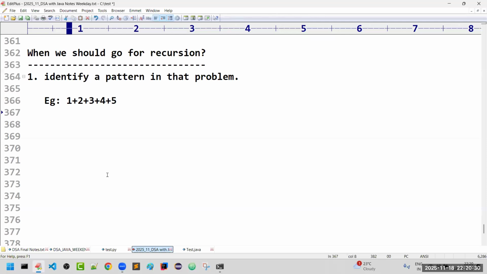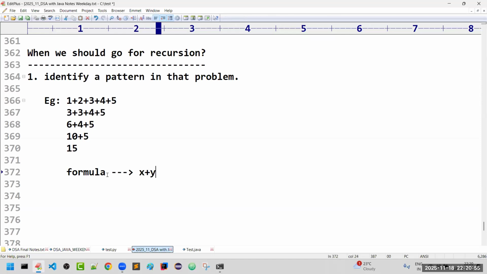First 1 plus 2, result is 3. Then plus 3, result is 6. Directly you won't add all these in the programming format. 6 plus 4 is 10. Next, at last, plus 5. Sir, if you see, there is one formula we are applying every time.